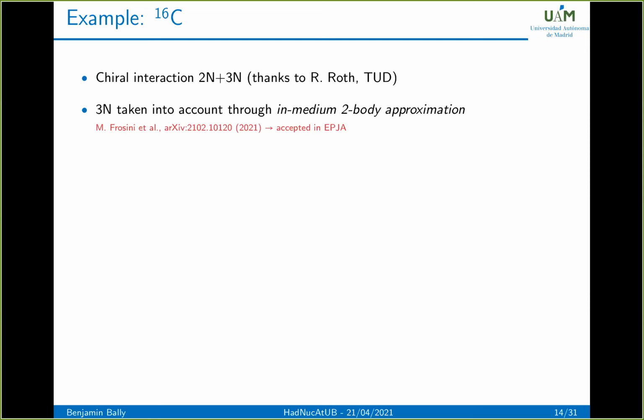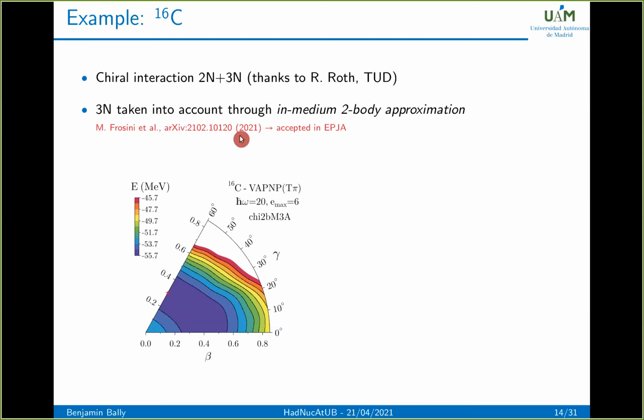And so what you do then is that you use this current interaction, you perform this minimization. Here, I consider two degrees of freedom, the axial deformation beta, for the elongation, let's say, and the triaxial angle gamma. And so in this axis, you have prolate deformation. In this axis, you have oblate deformation, and in the middle, you have all the deformations in between.